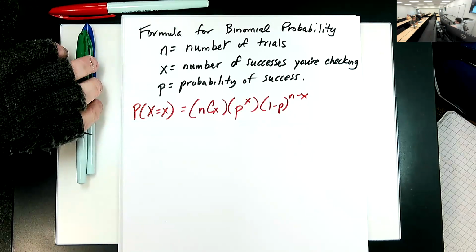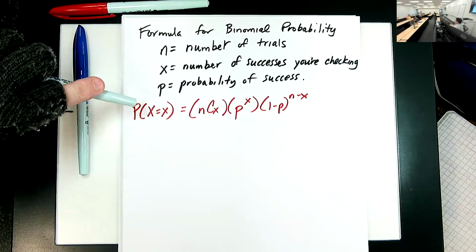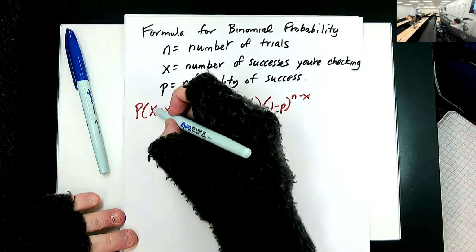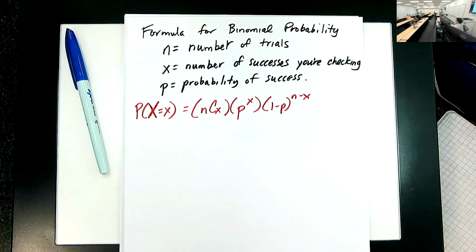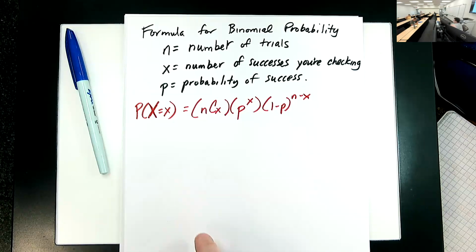Those two x's in the front, are those both little x's? No, this is a big X. The probability that the random variable equals a specific value. Like X equals x, if they were the same thing, that's 100%. That's just equaling a specific value. If you wanted to say the probability that X is greater than a certain number, then you have to run this formula for each scenario. Each of the x's you're looking for, yeah.